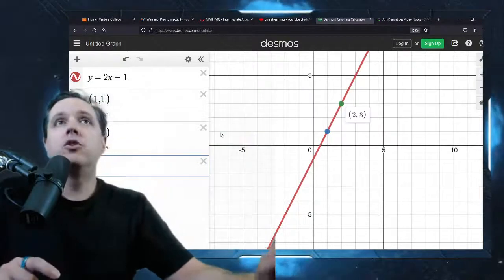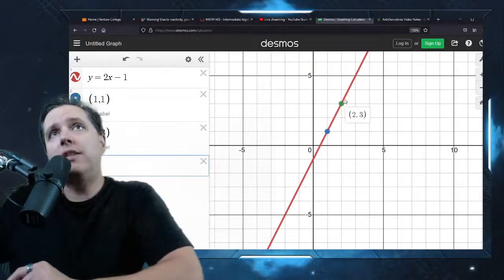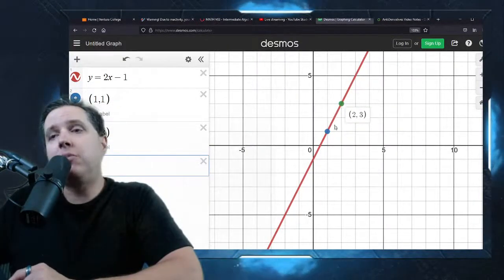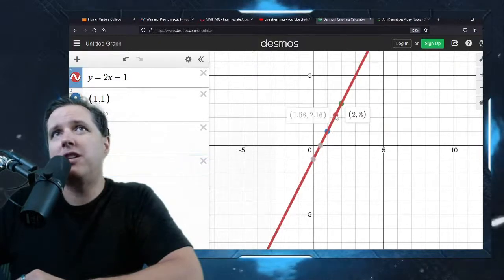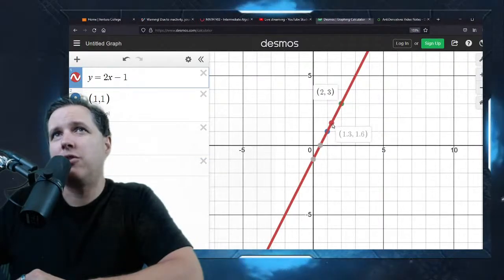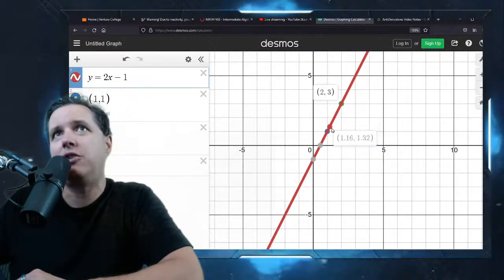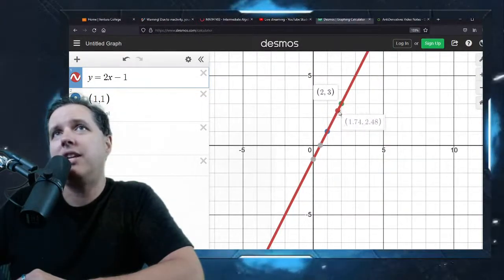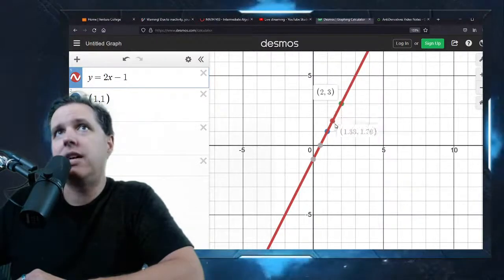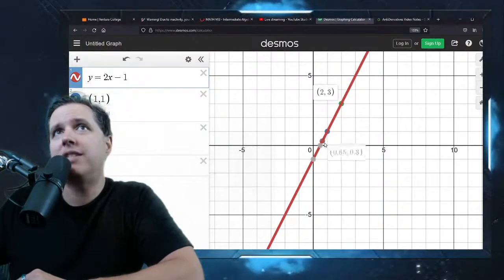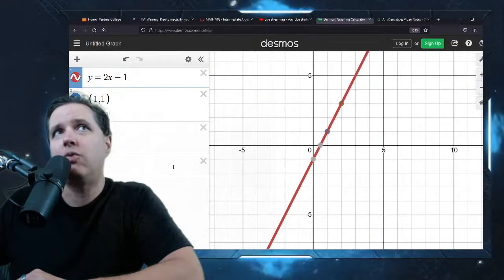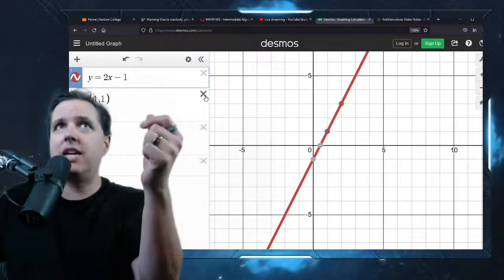There we go. See how I picked these two? All the points in between would satisfy it too, but they're harder because they're fractional and decimal, so they're really kind of ugly answers to deal with. But you want to remember, these are all points on the line too. We could plug these in and they should work as well. So we have an infinite number of points satisfying this equation right here. That's what a single line is.